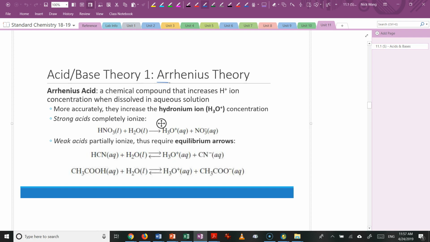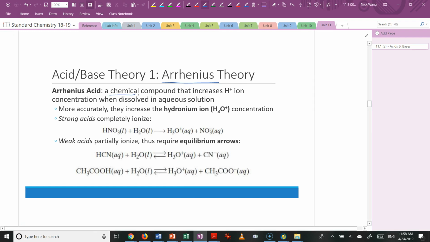First of all, we're going to use this first theory. It's called Arrhenius theory. Arrhenius theory is basically a very simple one. This is a primitive definition of how acids are defined. The definition says this: it's a chemical compound that increases H plus ion concentration when this substance is dissolved in aqueous solutions. So I can just take a step back, grab a sample of some chemical, throw it in some water, and if the resulting solution has more H plus in solution,